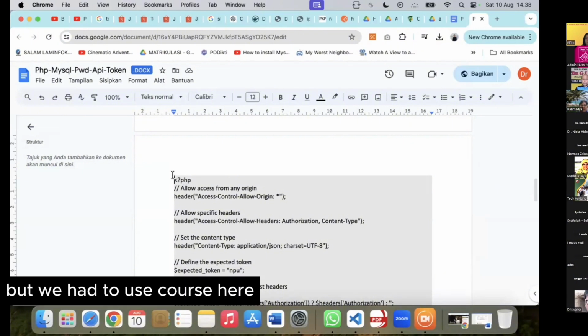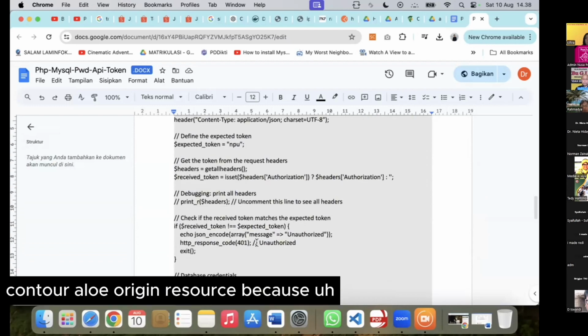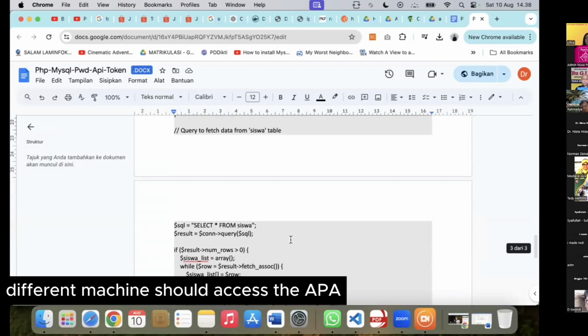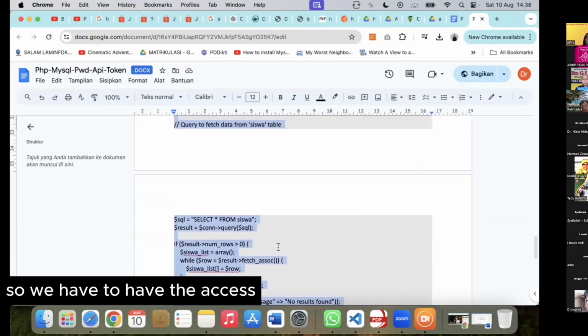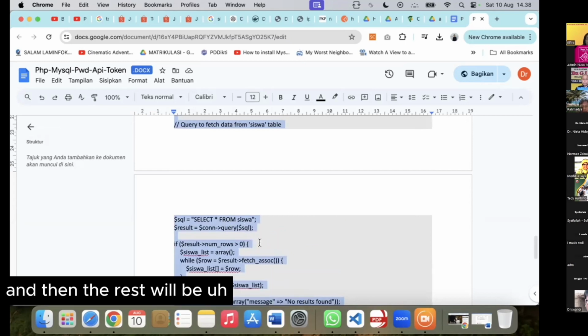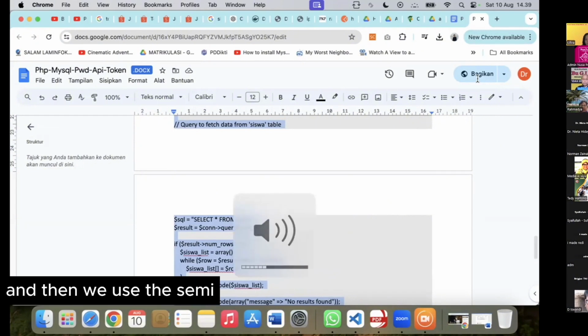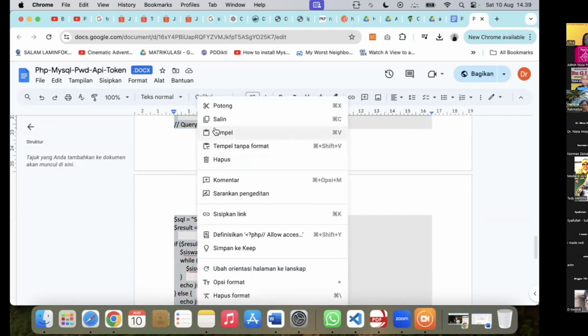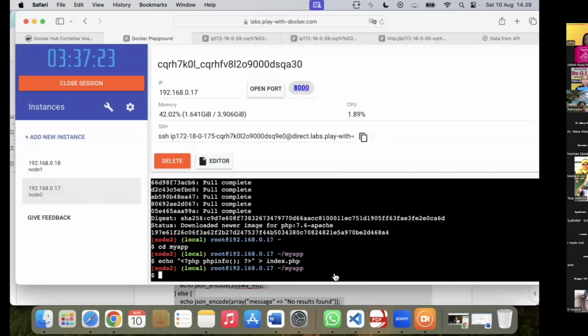First, we have to use CORS, cross-origin resource sharing, because a different machine should access the API, so we have to have the access. And also we use a token, and then there will be a check whether the token matches or not. And then we use the same method, using GET.